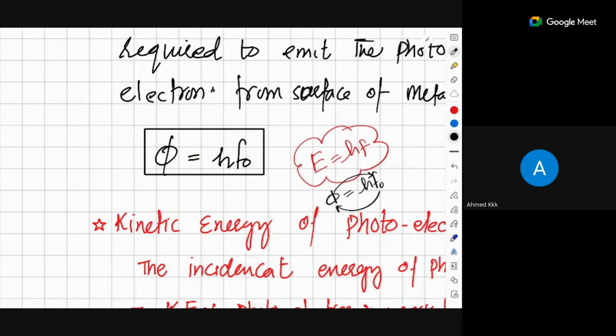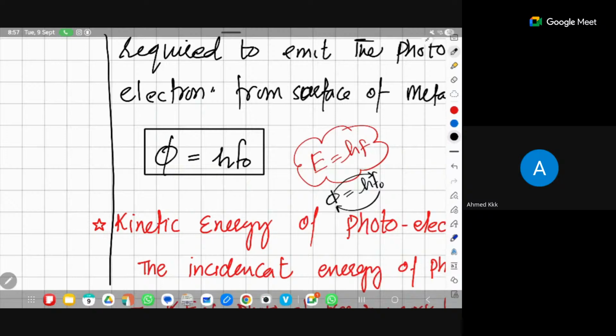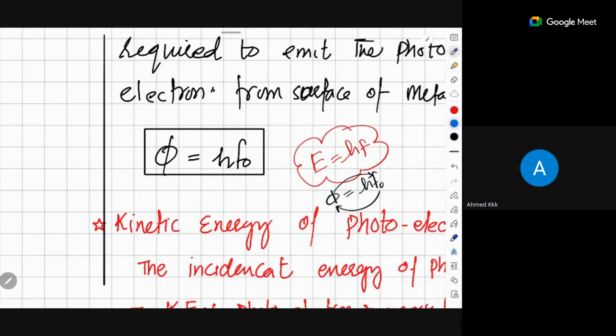Actually, in this whole situation, there is one problem that I wanted to address with you, that your calculations are mostly in electron volts. Are you people aware of the electron volt? Electron volt is the unit of energy. For example, if I say that for any metal, the energy is released when the frequency is starting by the red wave, that can also be written in the form of hc by lambda naught.